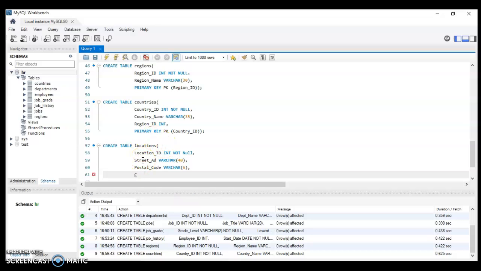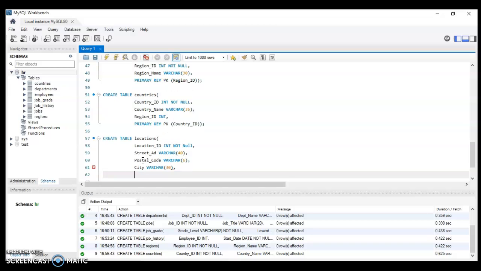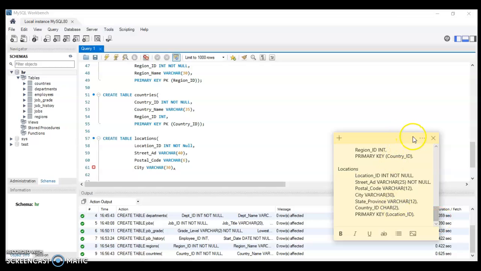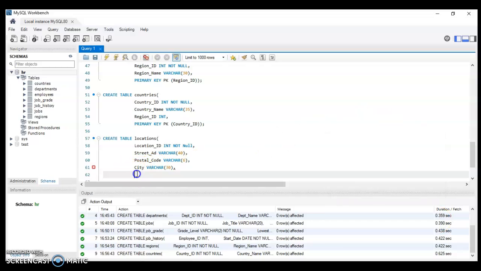So we have our city name. So that will also follow characters, variables or characters. Then what else should be in here? State, province, country, and that's it. Just like some countries use states, some use province, like South Africa. So you need to have the province name,